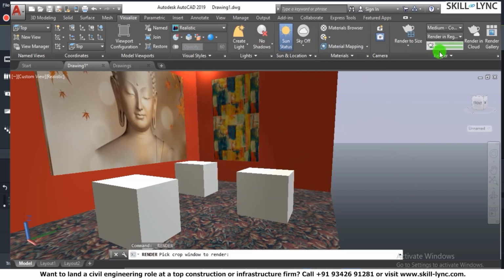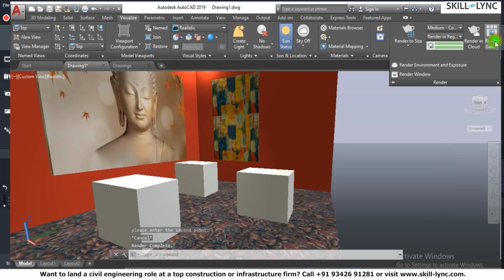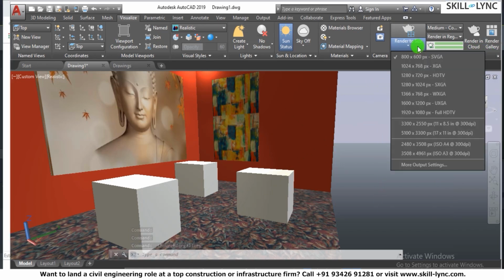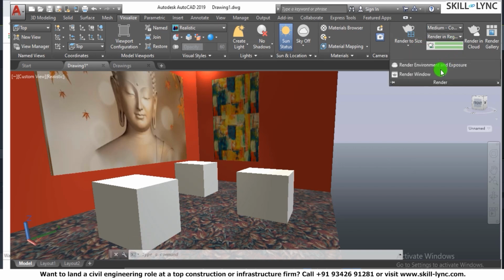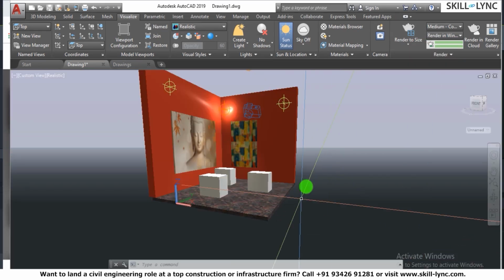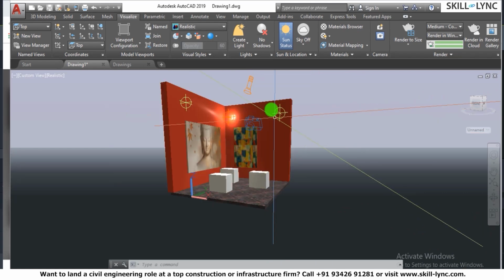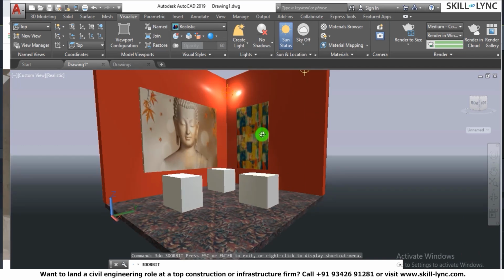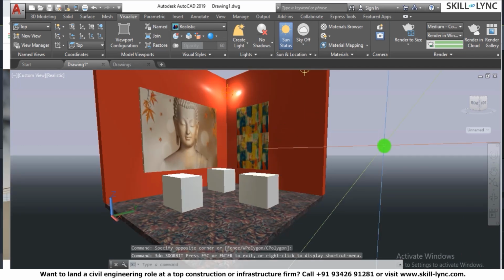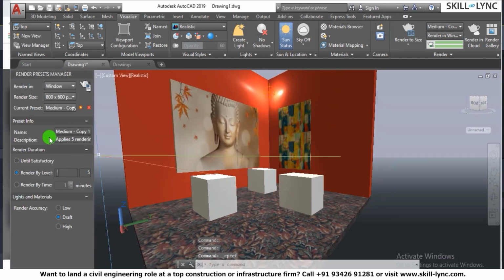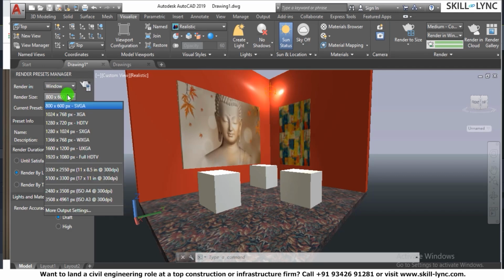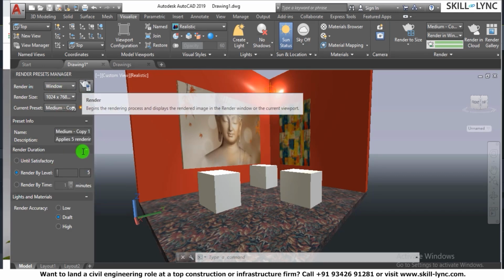If I go with the render option, there is a render gallery, and there's nothing in the gallery because it would be 360. Now to save this rendering as a JPG or an image file, what I would recommend is you have this scene created with a camera view. Here you have the settings in the render. The render preset manager will be displayed. Here you go with the window option and select the rendering size. Let's say I select this size, and then once you render it,